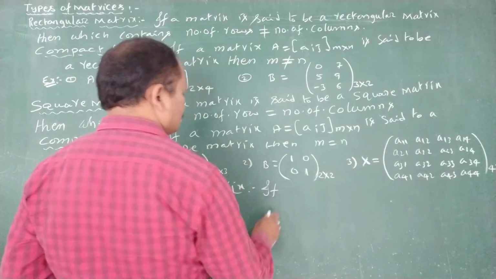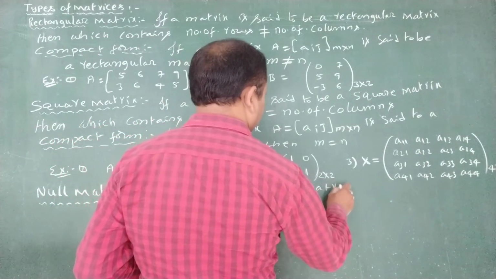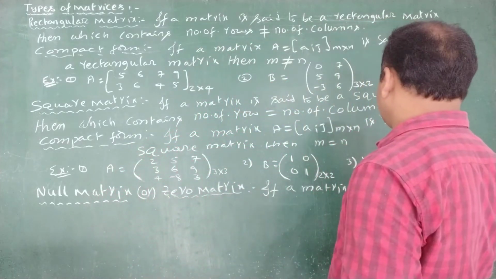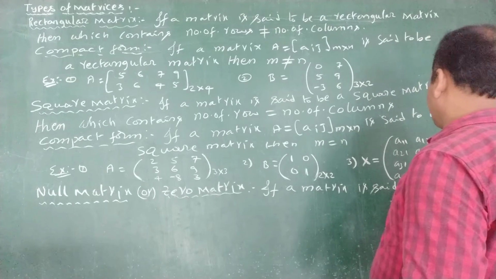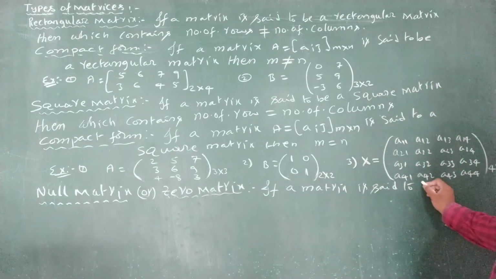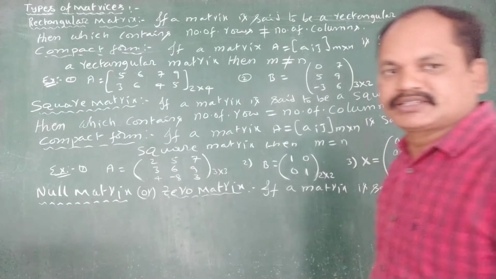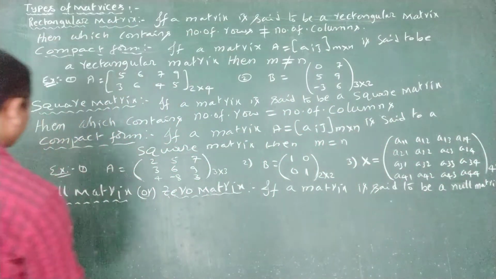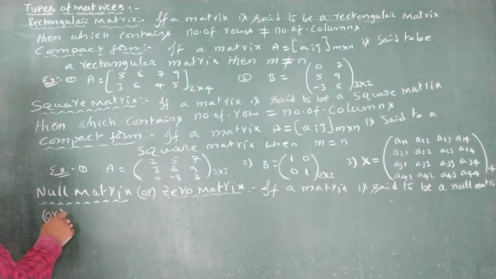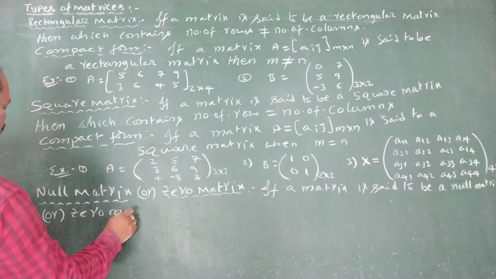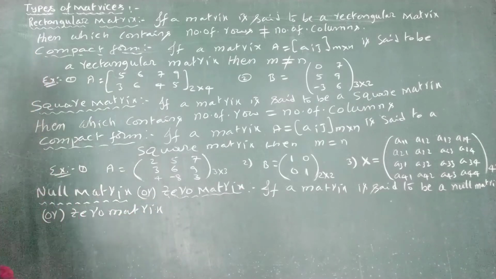If a matrix is said to be a null matrix or zero matrix, then